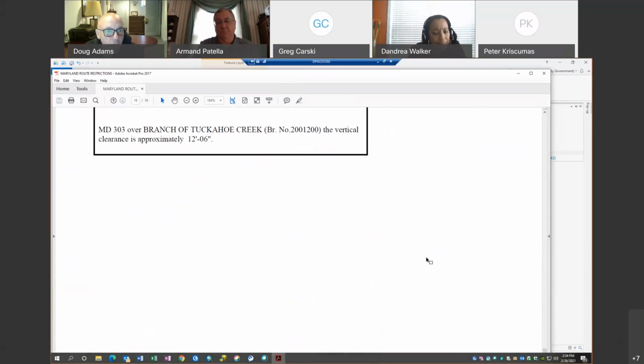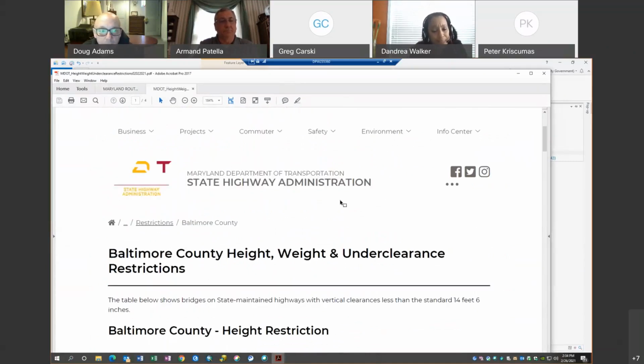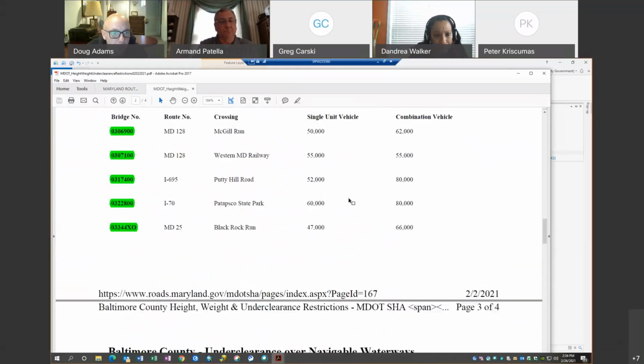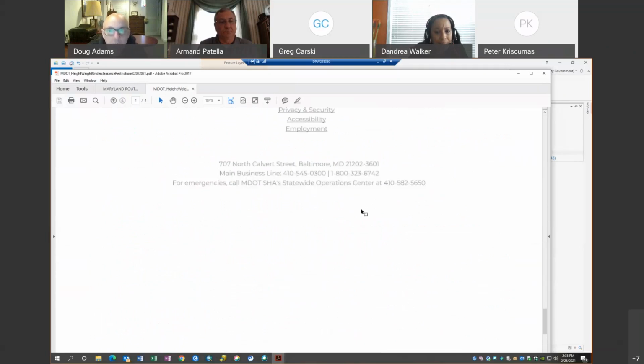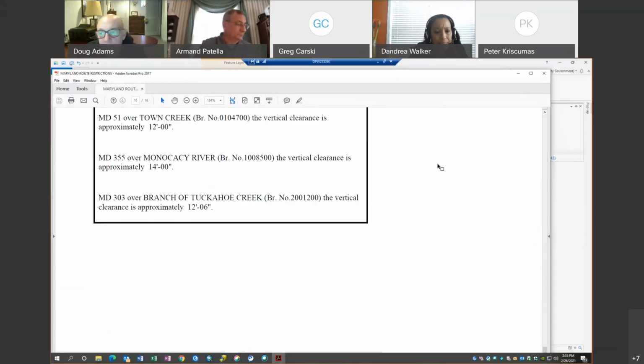And where was the stuff just for the county? Maybe it's in this other document. I think they say Baltimore next to it, don't they? Ones in the Baltimore County. Yeah, and for me they're all highlighted. There you go, Baltimore County. But I'm still not finding 43 yet. Must be in that first document. What else might it be, Doug?